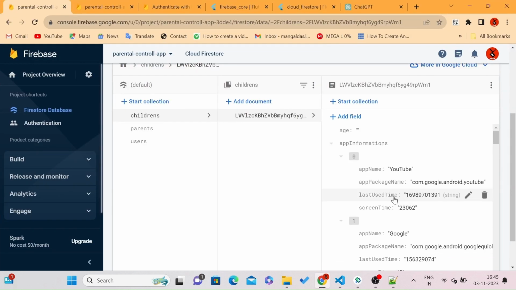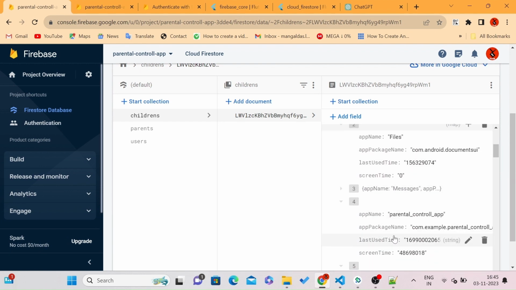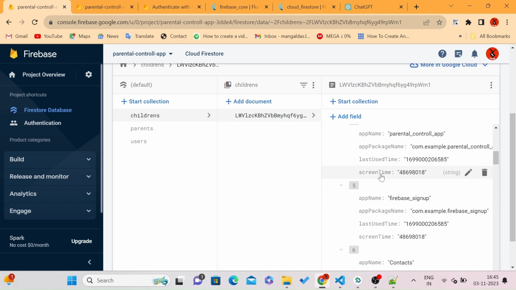Yes, now the usage time or screen time of that particular app is updated with some string value, right? Last use time is this much, and some screen time is also there in the format of a string. We will convert it while showing it on the parent screen, but our details are being stored now,